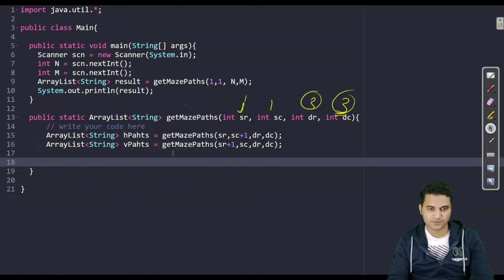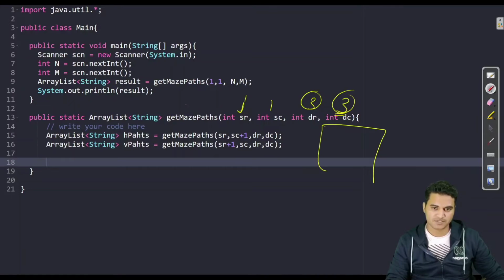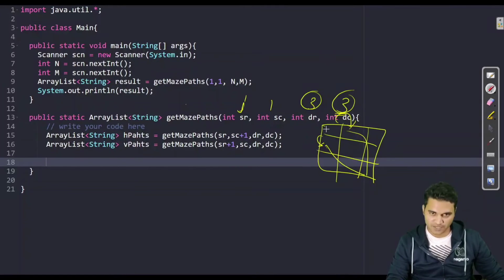So now what I have to do, let us say if it is not clear to you, I was having this matrix. What I have done is I have made the call to here and here. From here to here and from here to here, I will be getting all the paths to reach from here to here and from here to here. So if I have to calculate all the paths to reach from here to here, then I will have to add 1 step horizontal into all these paths and 1 step vertical into all these paths, and the sum of all these would be the final answer, fine.